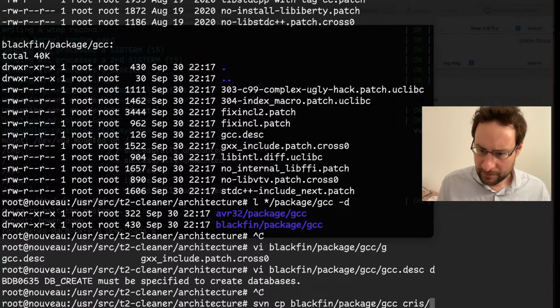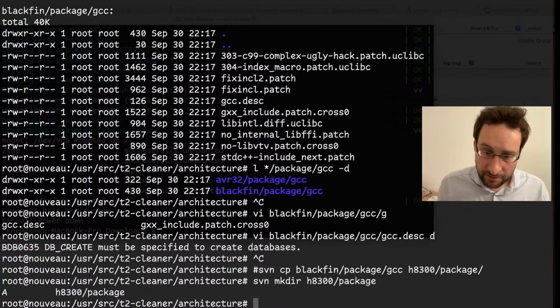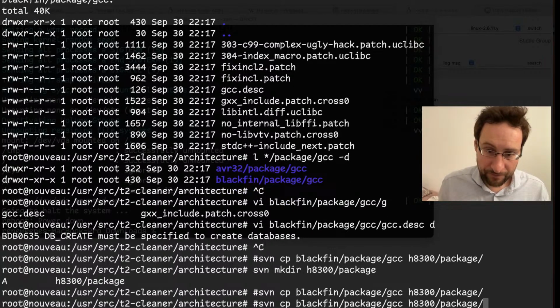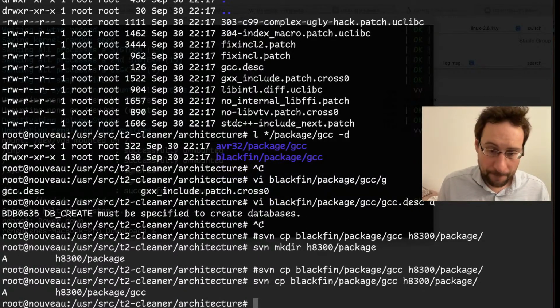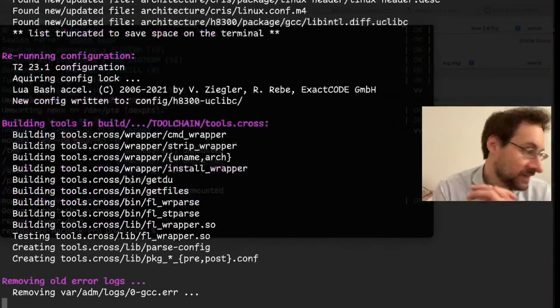GCC2, H8 package. Yeah. H8 300 catch. Oops. And let's give that a try. Maybe we are lucky. And it's also a pro tip, right?